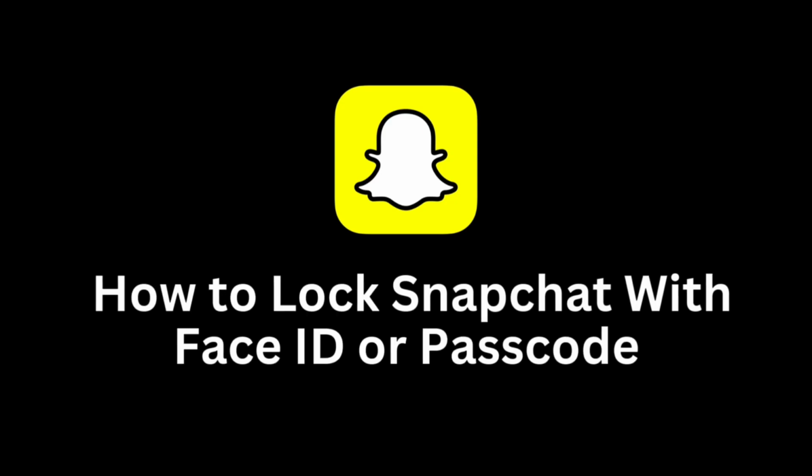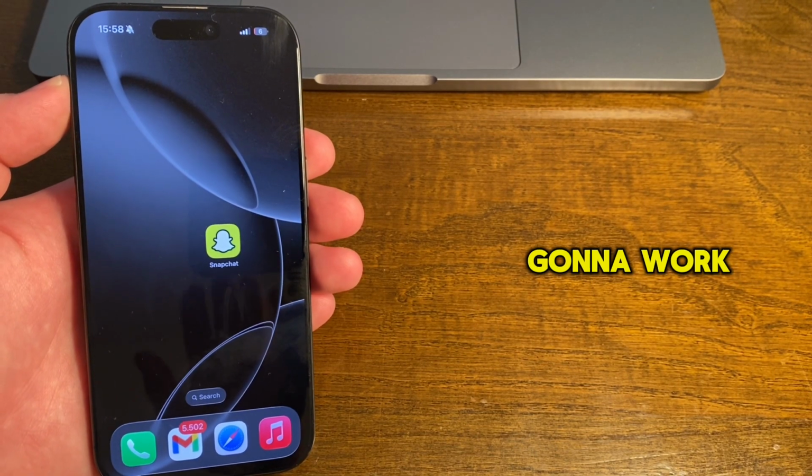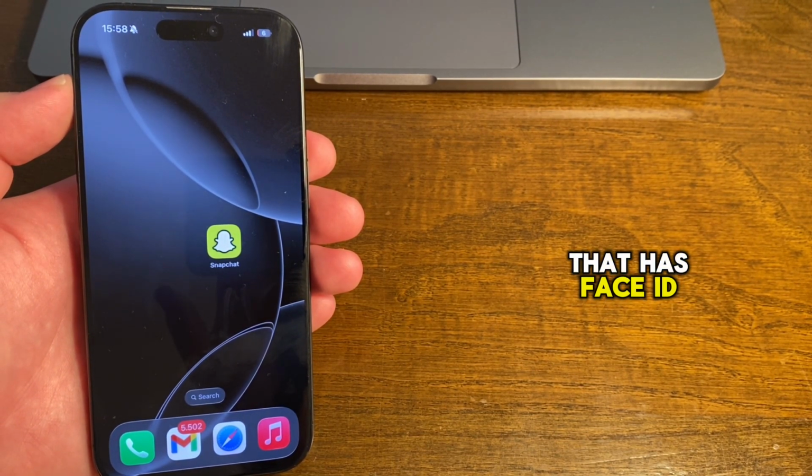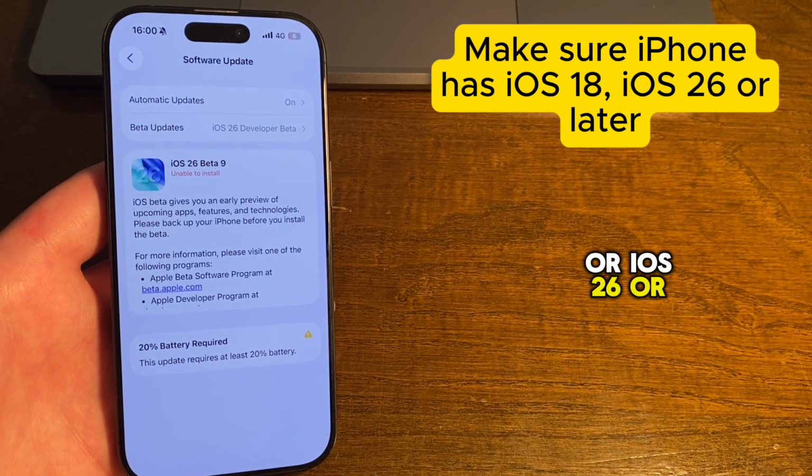Do you want to keep Snapchat protected with Face ID or a passcode on iPhone? Then follow the steps in this video to learn how to do just that. This little trick is going to work on any iPhone model that has Face ID. You just have to make sure that you're running iOS 18 or iOS 26 or later in order to have